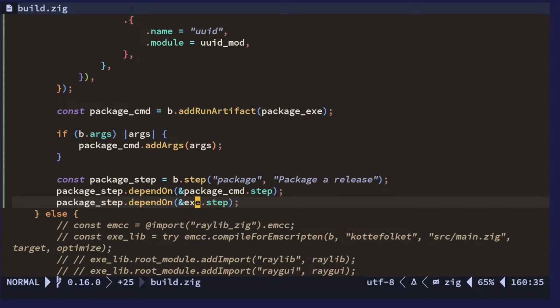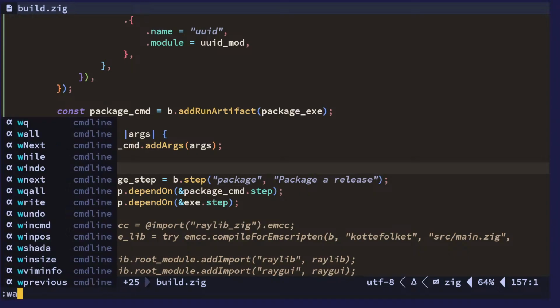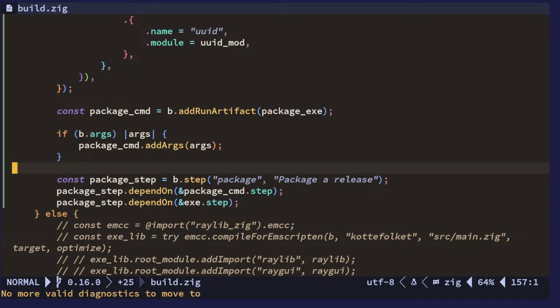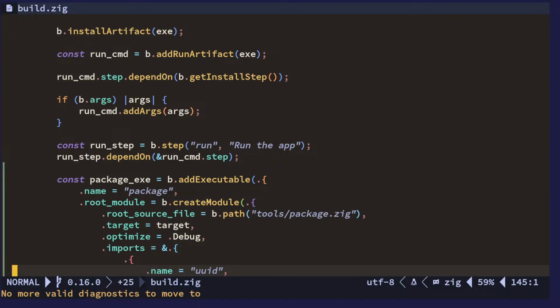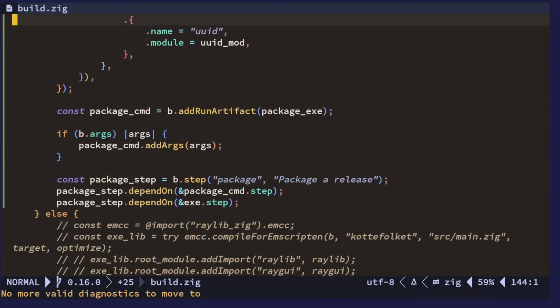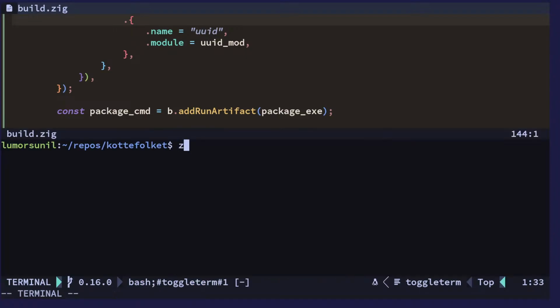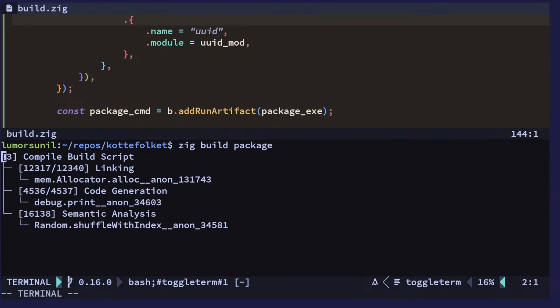So here we're depending on the actual executable for the main program, and it's gonna build that first before running the package executable. So we can be sure that we actually have a fresh build that we can copy over for the release or for the package here. Yeah, and so now if we type build package, it's going to build,